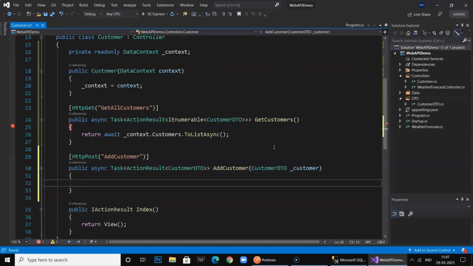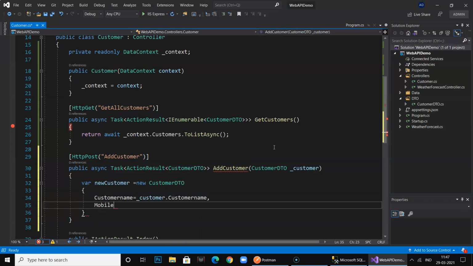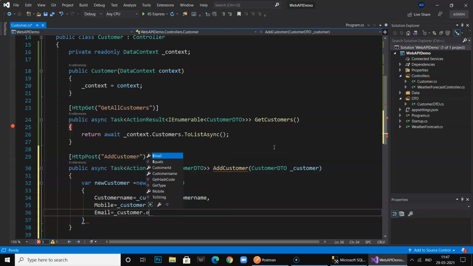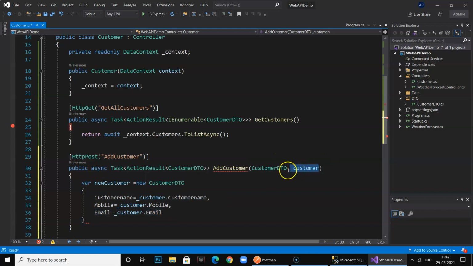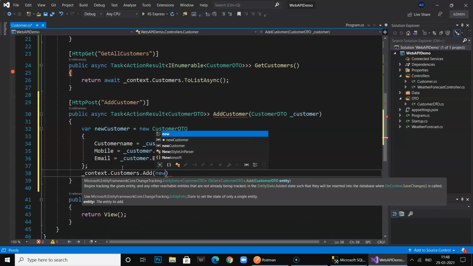Okay, so this is done. Now what are we going to say? We declare a variable as new customer, of type customer DTO, and we say customer name equals underscore customer dot customer name, mobile equals underscore customer dot mobile, and email equals underscore customer dot email. That's it. Whatever was passed in this object will be added to the new variable which we declared, and then we simply say context dot customers dot add, and we pass in this new variable,